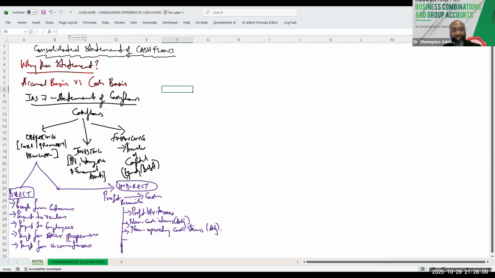Thereafter, the impact of movement in working capital as it affects my profit has to be adjusted for, which means I have to adjust for movements in working capital. And when we are adjusting for movement in working capital, we have to keep abreast of this information. The first thing you need to be wary of is that